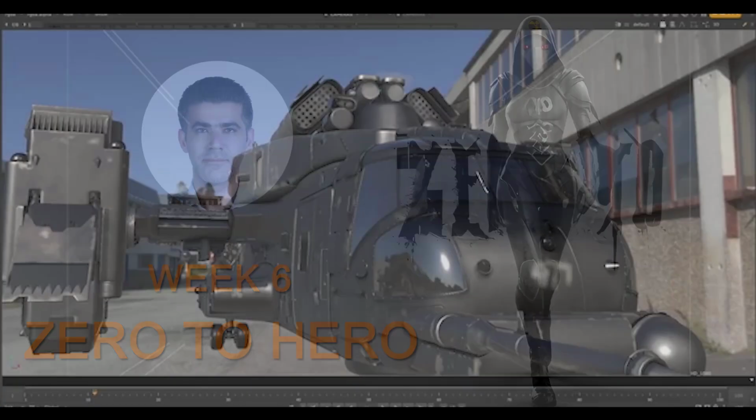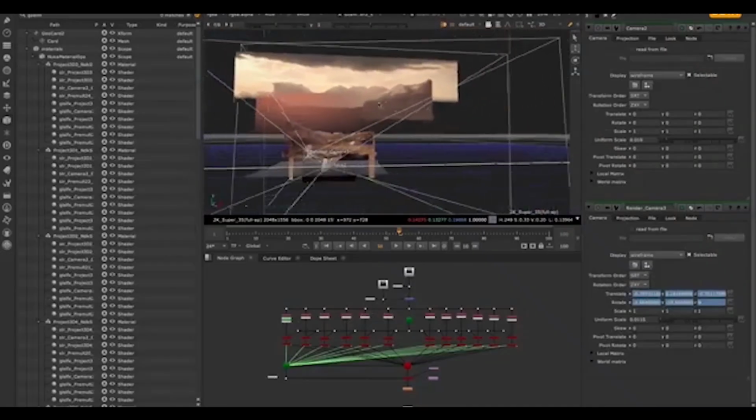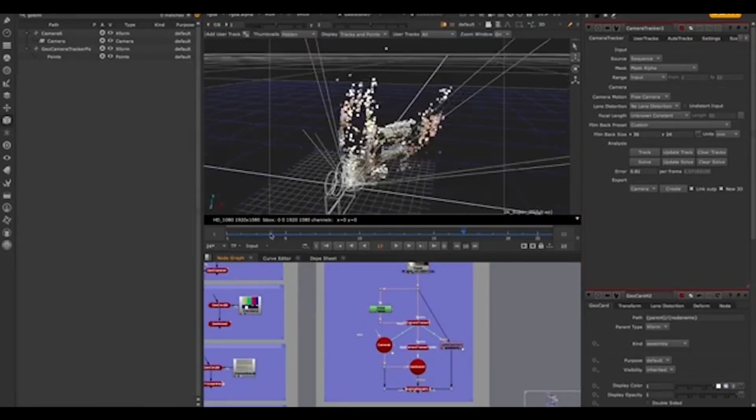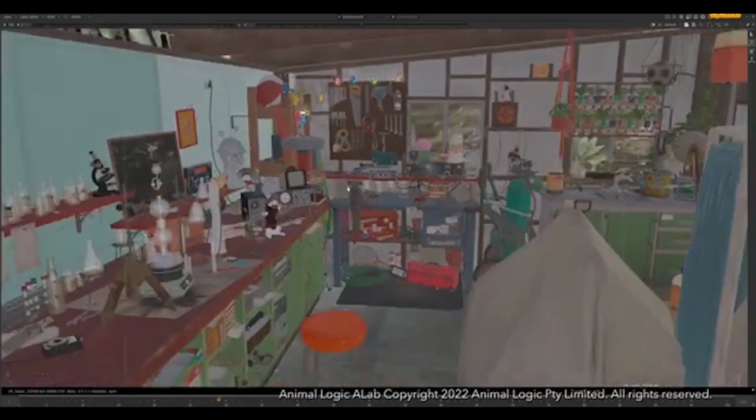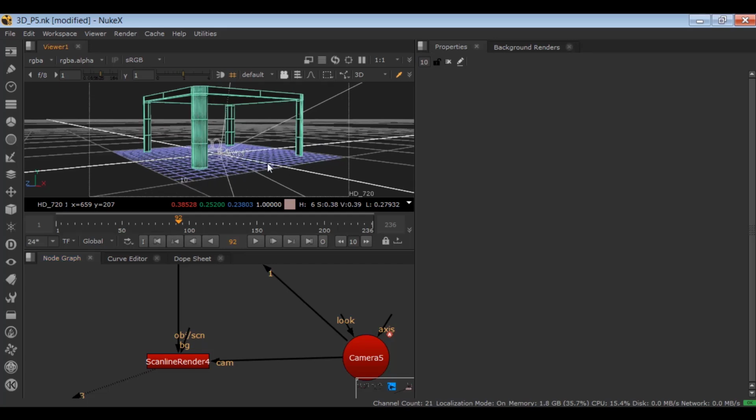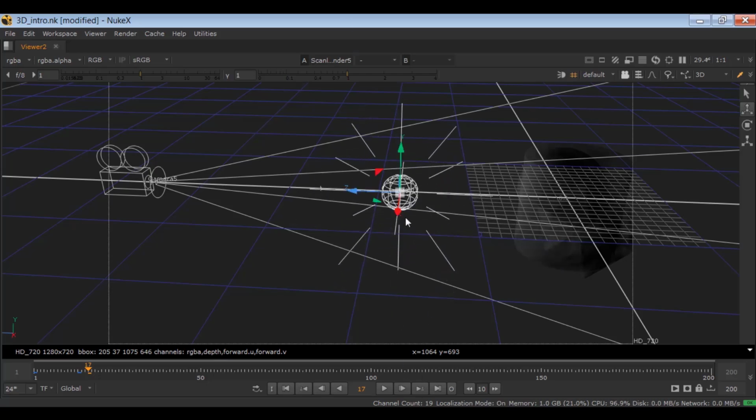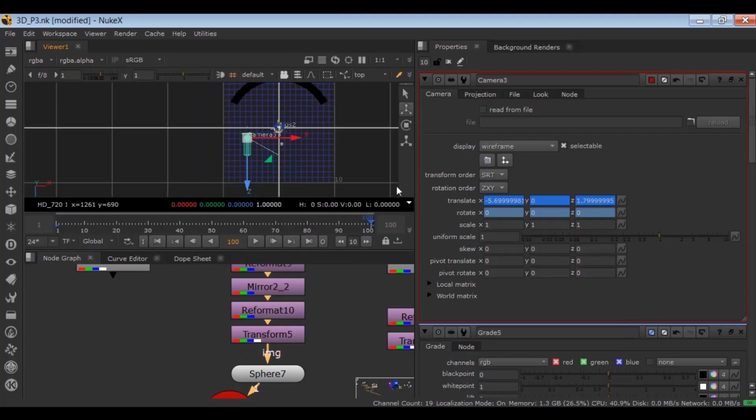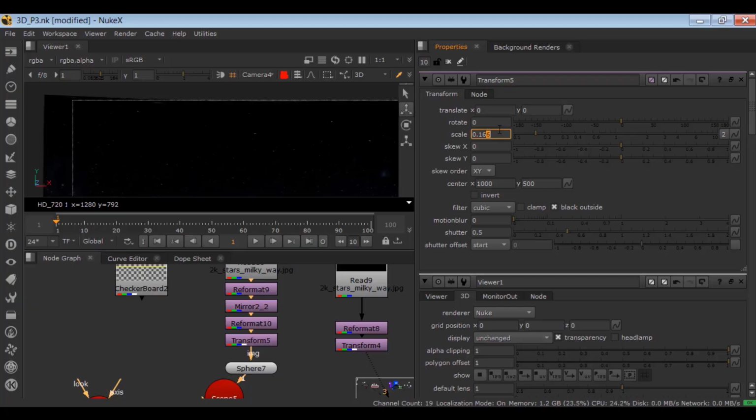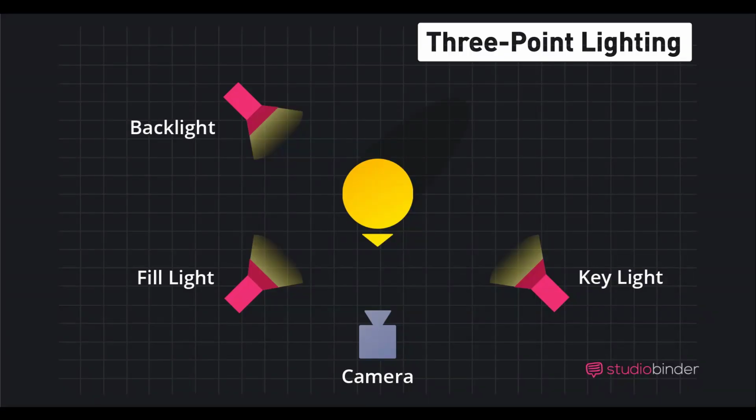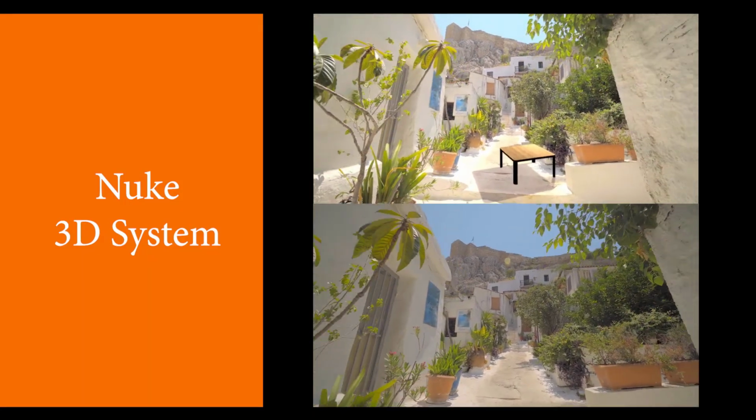In week 6, we will explore the expansive world of 3D within Nuke, covering a wide array of concepts essential for integrating 3D elements into your compositions. Understanding the 3D system in Nuke and how to work in 3D, importing other 3D geometries into Nuke, applying lights and shadows effectively, understanding cameras, including concepts like photography, lenses, f-stop, exposure and aperture, basic lighting setups such as key light, fill light, and backlight, shadow techniques for integrating 2D footage seamlessly,